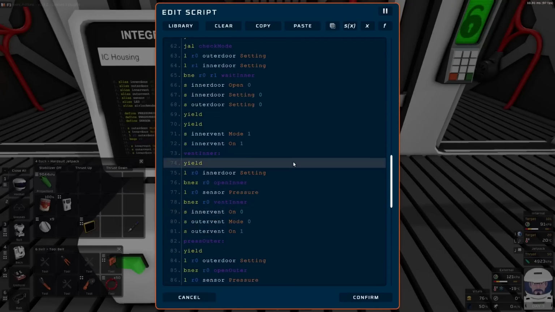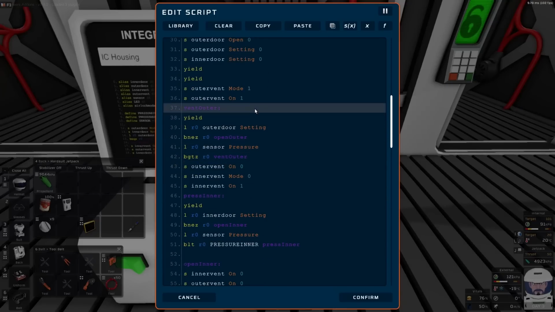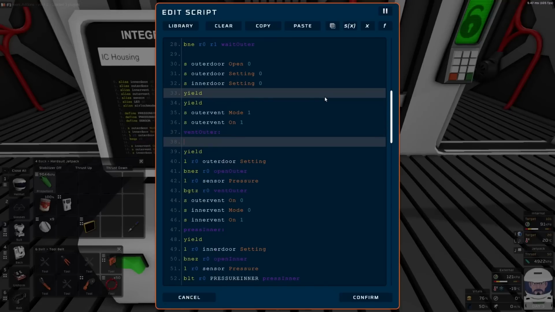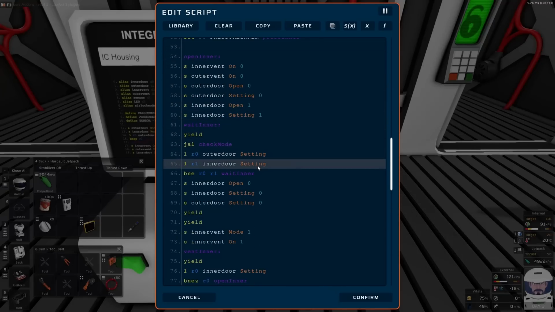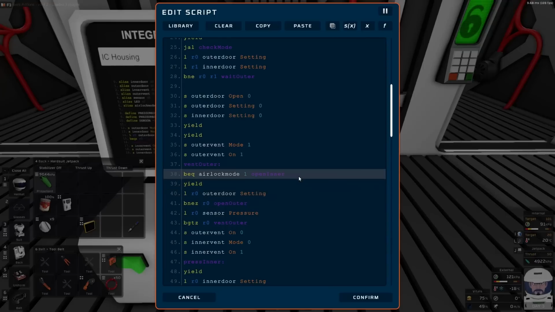So now what we want to do is say when they're not equal, I'll say if they are equal, so door, the button is pressed, we vent outer, we want to be able to say branch equal airlock mode. If airlock mode is 1, they are both the same. We can just skip straight to open inner. Yep, and after we wait for the button to be pressed, we close the door. Now we switch the vent on. Okay,